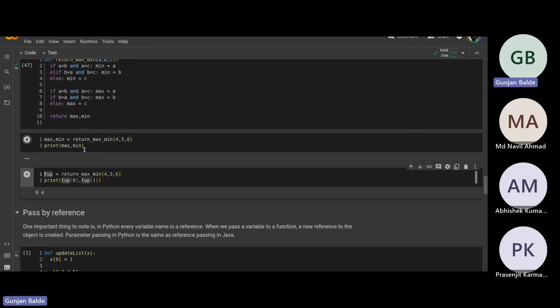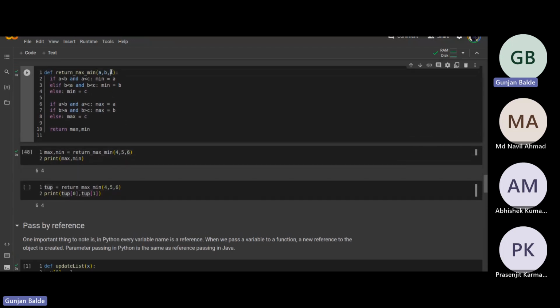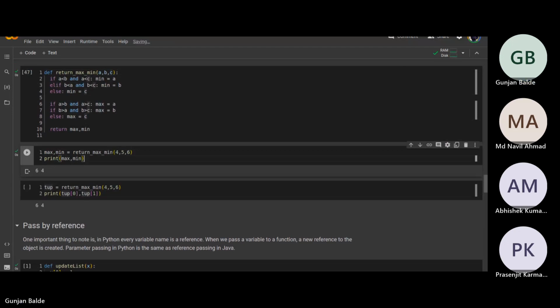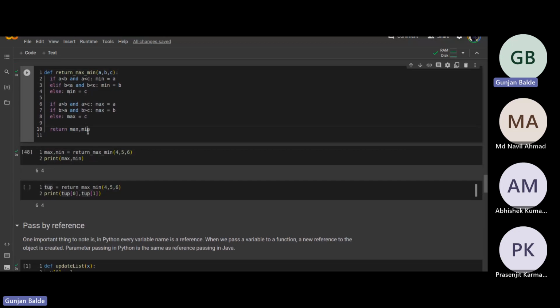If I just run this, max comma min is the output of return max min, and it returns the maximum and minimum of the three elements that you have passed as input. So 4, 5, 6, print max min. So max is 6 and min is 4. You have to ensure that whatever is returned by the function, here the function is returning two elements,